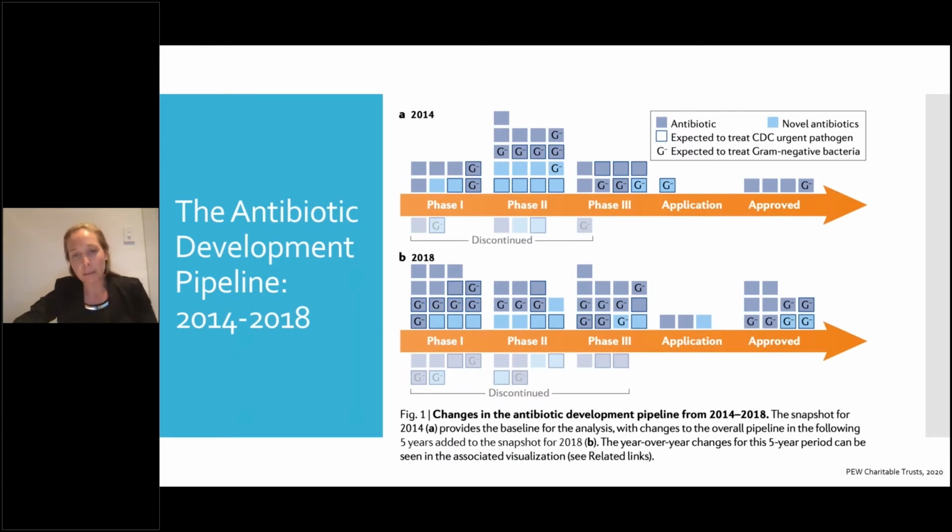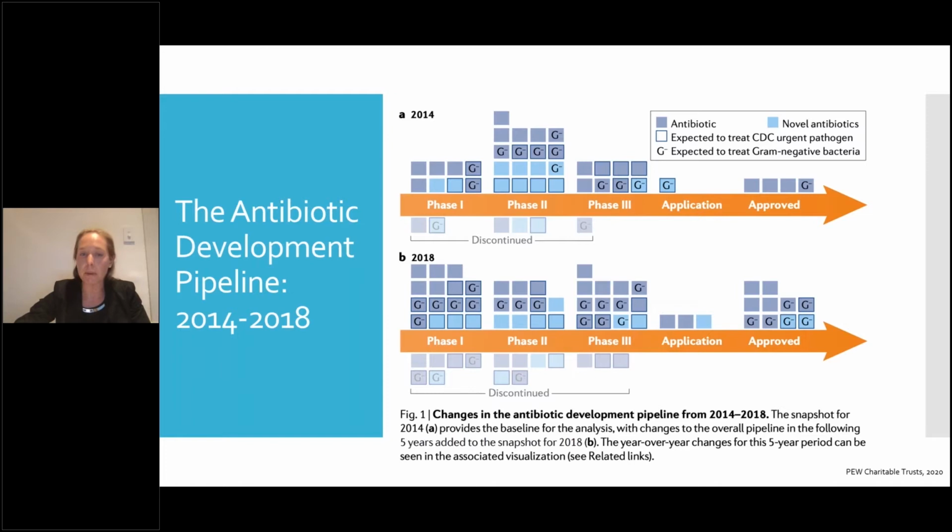And that's really important because we know that at the moment, antimicrobial resistance is accelerating at a speed that is much faster than our development pipeline is being able to address it. This publication by the Pew Charitable Trusts that I'm sure many of you have seen this year looked at how the antibiotic pipeline has proceeded over the last half a decade and found that so many antibiotics that start phase 1 and phase 2 clinical development don't make it through into the later phases of development, and certainly even less make it through to the licensing phases.